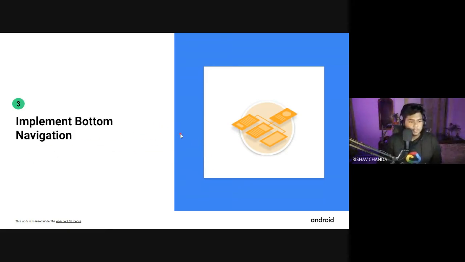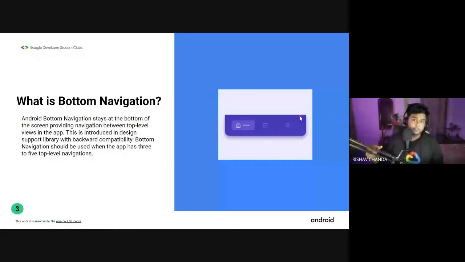So first, the bottom navigation bar looks like this one, that appears at the bottom of the screen. And bottom navigation is thought of as top level navigation, which gives the user a sophisticated, delightful navigation from one screen to another.